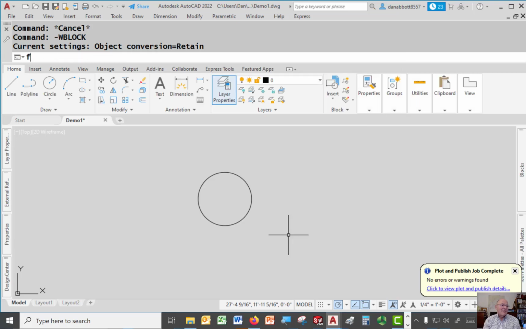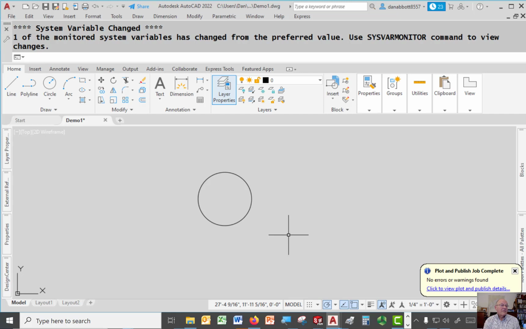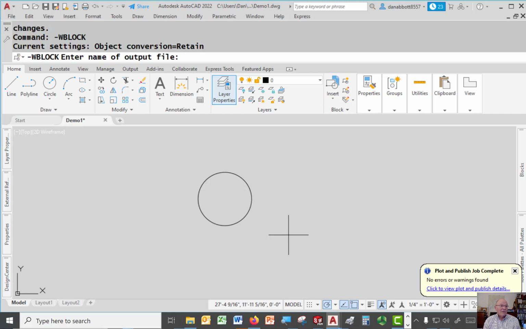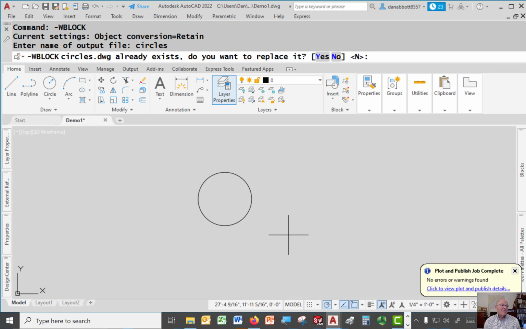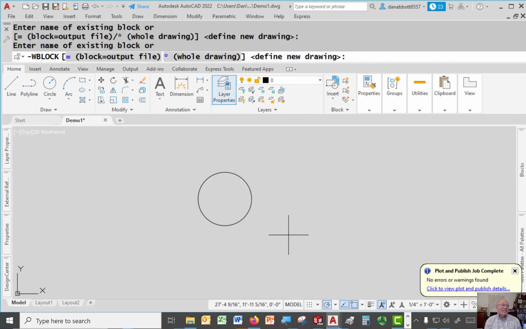In order to make sure this is going to happen, I have to turn file dia off. If I turn file dia off, I go wblock at the command prompt and it asks me what's the name of the output file. That's where I need both the path and the name I'm trying to save this as. So whatever name I give this, circles, that's the name of the file. It already exists? Sure, let's replace it. Now,